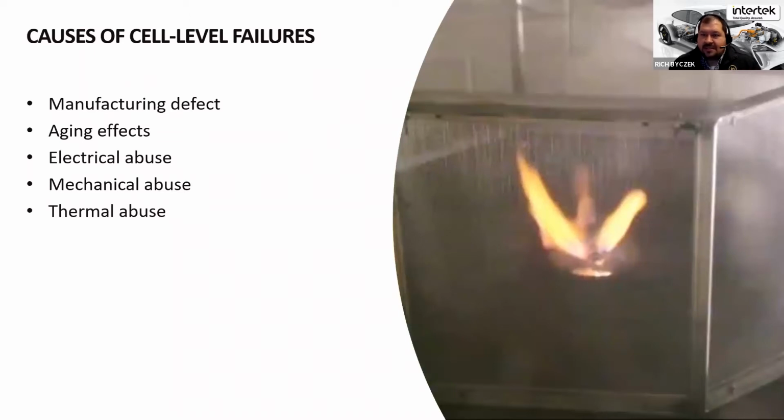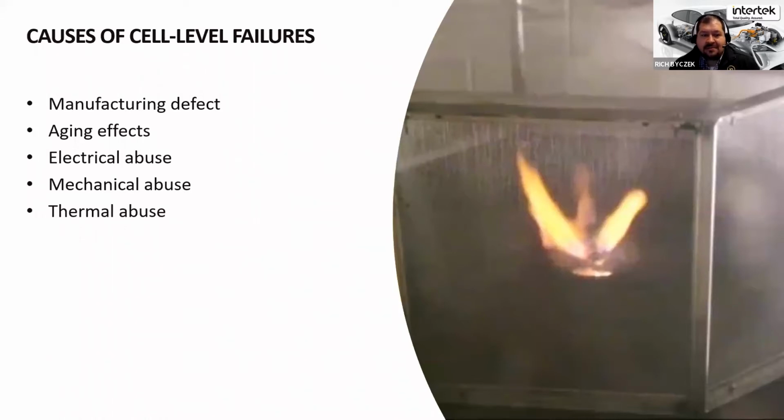So what are your main causes of the initial cell level failures? I mentioned a few of them earlier, but we start with manufacturing defects. This is something that occurs during the manufacturing process. It may be a design issue in terms of how we've designed either the battery itself, the cell itself, or the manufacturing process itself. There have been examples over the past several years of batteries where, just because of the design intent, you ran into inherent issues in terms of how the battery's internal components fit together, leading to premature internal short circuits, hot spots, poor thermal management, etc.